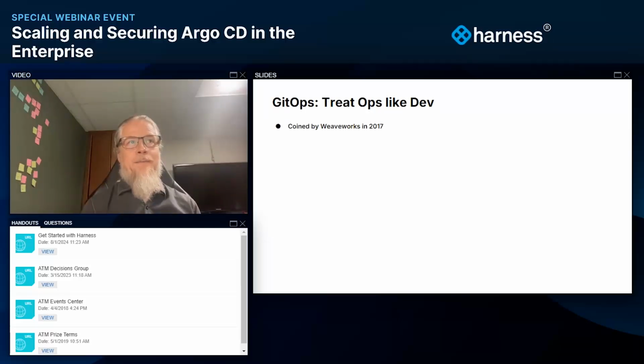So the term GitOps was coined by Weaveworks in 2017. I just want to level set on the four core pieces of GitOps. One is that you have a declarative state that says how you want things to be deployed. The second is that you keep that state in an immutable